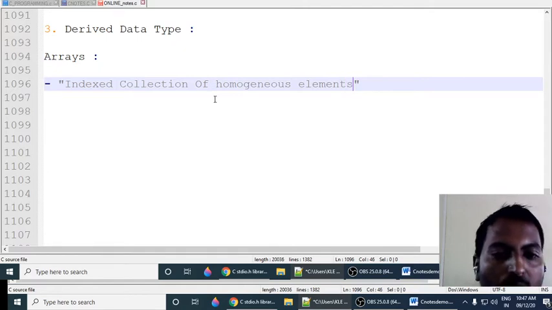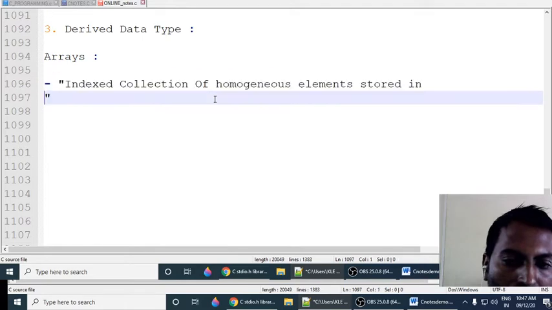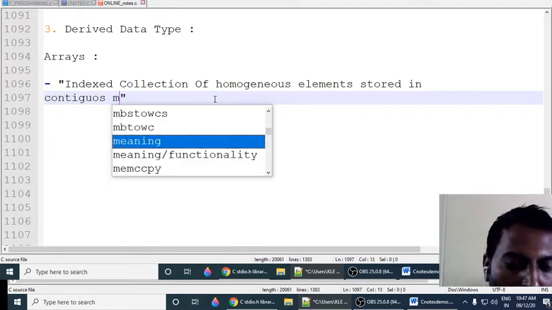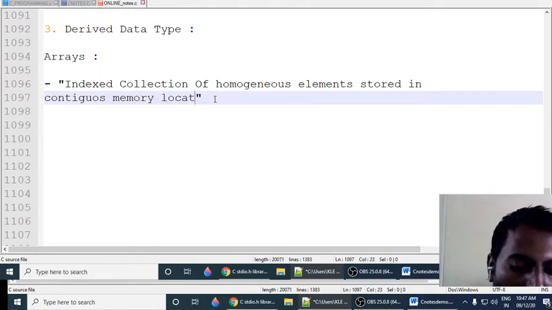Indexed collection of homogeneous elements stored in contiguous memory locations.